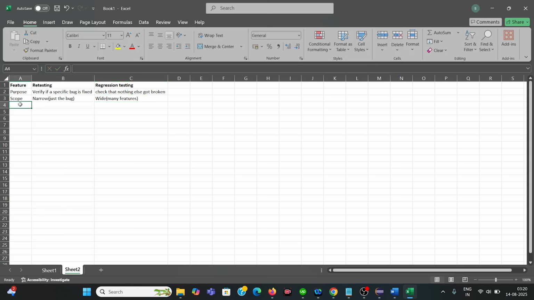Retesting is based on the bug report, and regression is based on the new build, new features and fixes.